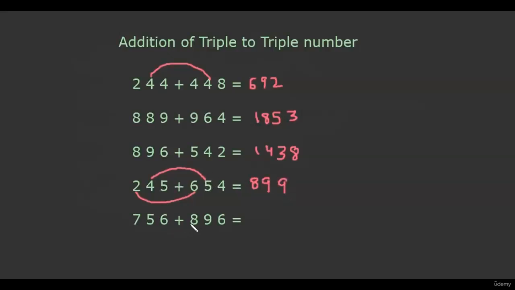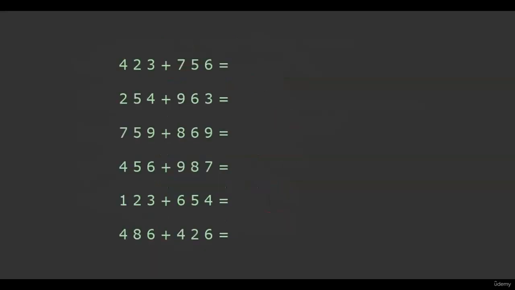7 plus 8 is 15, but 5 and 9 is a carry pair. So we increase 15 by 1, so it becomes 16. Now 5 plus 9 is 14, but 6 and 6 is a carry pair. So we increase this 14 by 1, so it becomes 15 and the end number is 5. Now 6 plus 6 is 12 and the end number is 2. So this is how very easily, from left to right, without making any mistake, we are able to write the answers. A few more problems, and instead of speaking we will just write the answers.